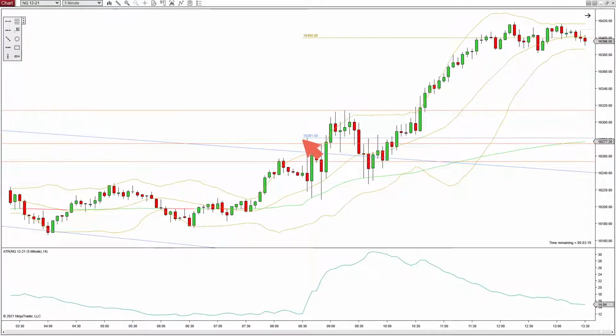Right here, this would have been the open, 8:30. Right here, bar. Yeah, I mean, just a lot of chop. I guess it just found support down here at VWAP before it finally took off. This looked like it was going to take off right here, and then it just rolled over before it finally started. Look how slow that was. Just started grinding up.